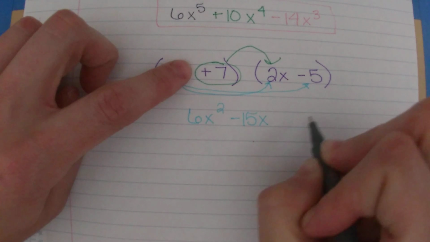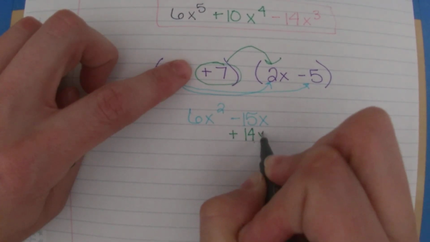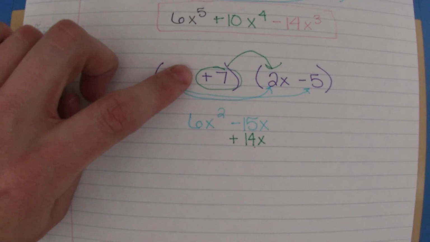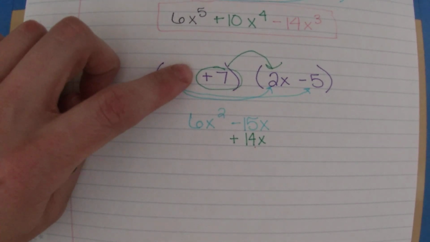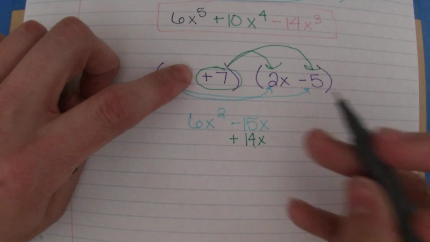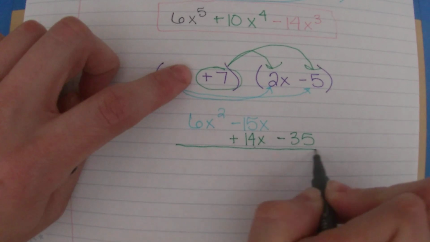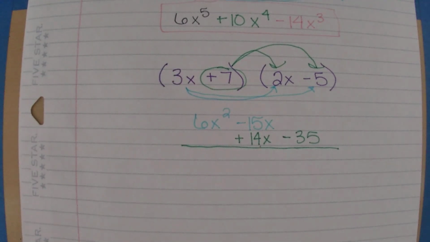Now you could write that positive 14x, just tag it along, or you could recognize that it's a like term and write it underneath. That doesn't really matter. That's just sort of a preference of how you visually like to see it. A positive 7 times a negative 5 is a negative 35. The key, though, whether you write it horizontally or you sort of stack them up, is that then we need